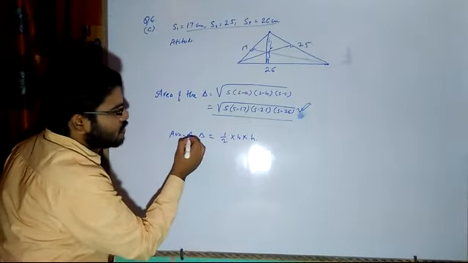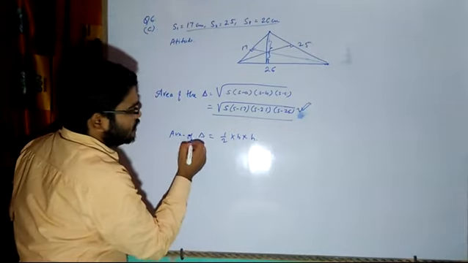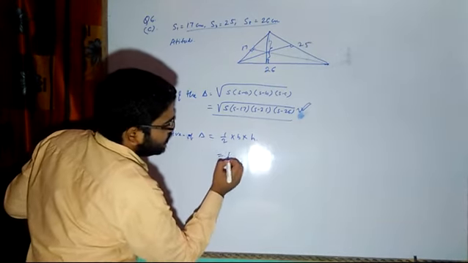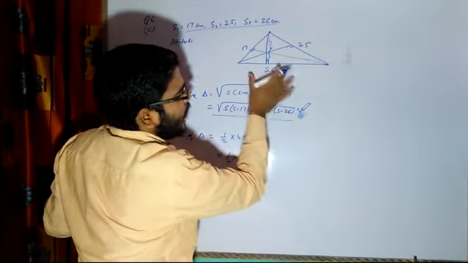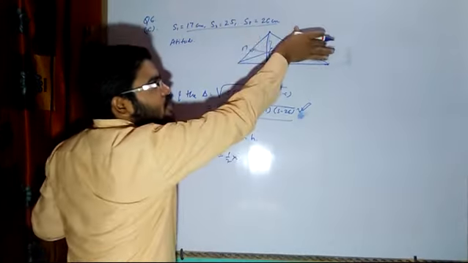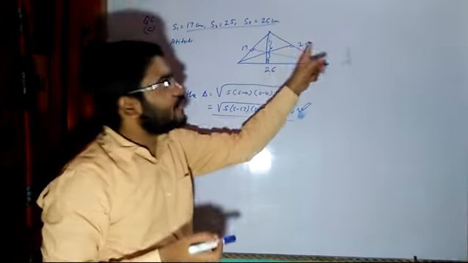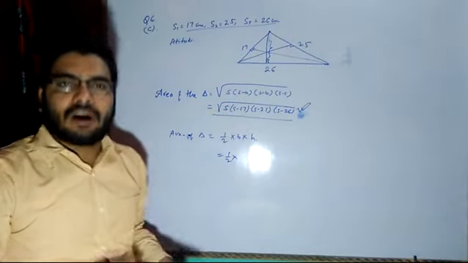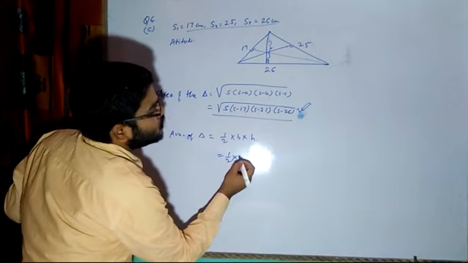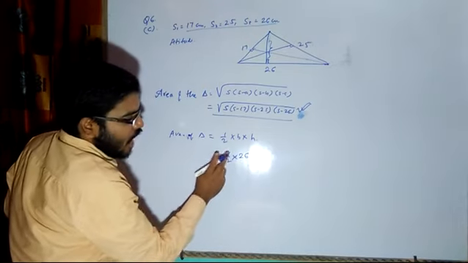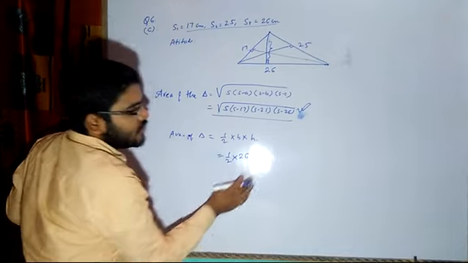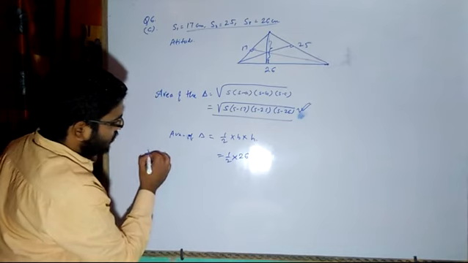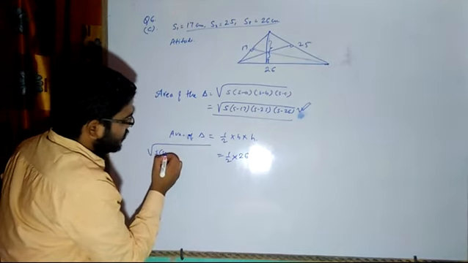Then you will apply another formula saying area of triangle is equal to half into base into height, in which you will write half into base. You can take any one, either you take this one or this one. Corresponding to different bases, their corresponding altitude will also change. So here you will write, suppose I will be taking 26, half into 26 into height. That means altitude, height is equivalent to altitude.